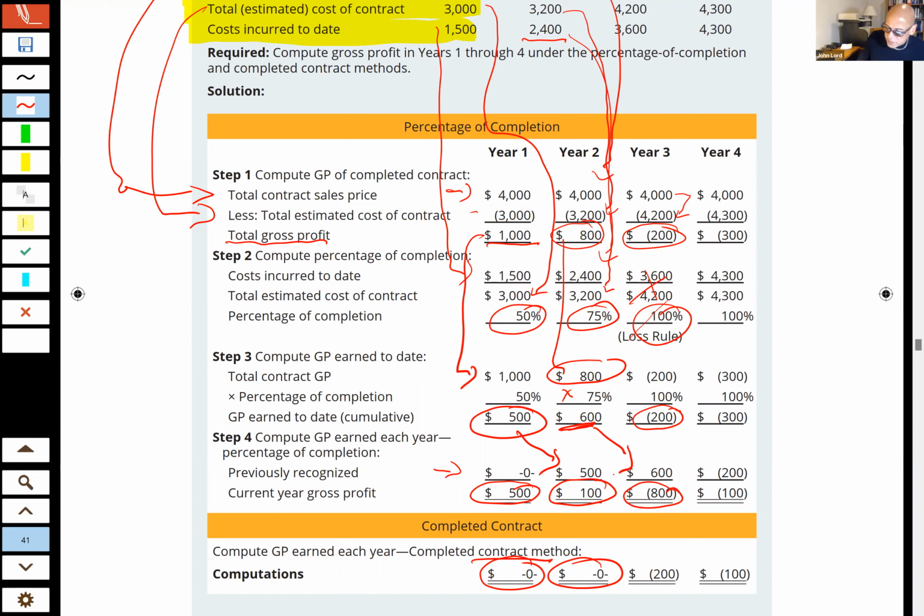And then when I finally get to year 3, I'm like, okay, I'm done with this thing. I'm going to lose 300,000 on it. I know now that I lost 300,000. Oh, completed contract, take the loss immediately. Losses are taken immediately under both methods. And then for percentage of completion, I know I've lost 300,000 on this. I already took 2, so I take 1 this year, and the same would be the case for the completed contract.